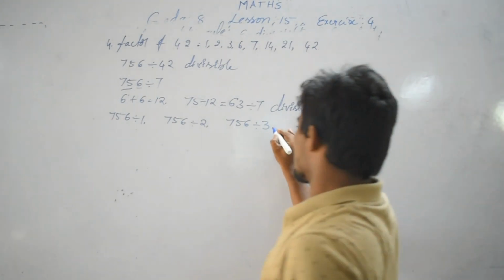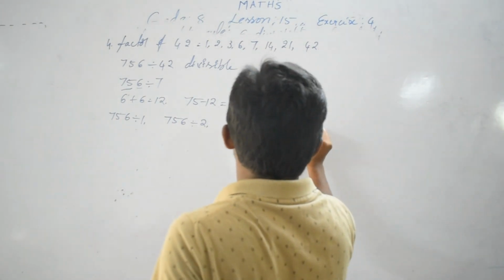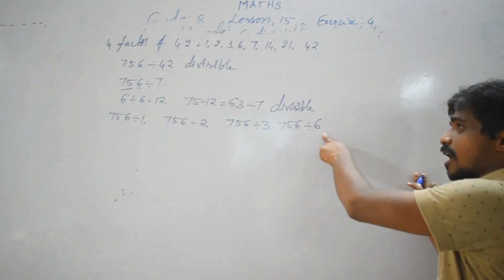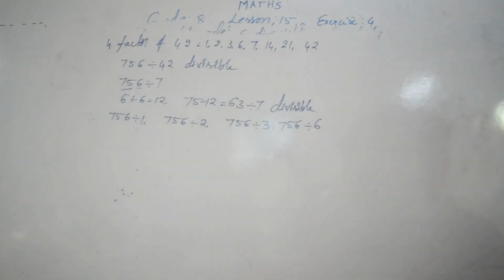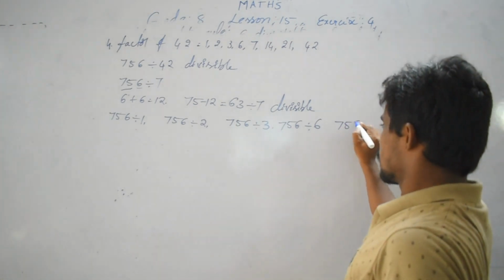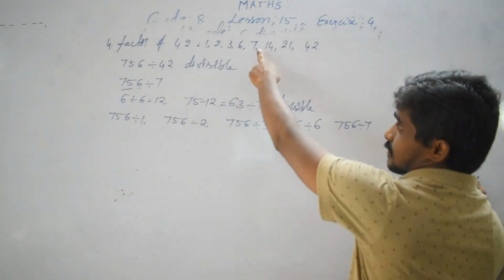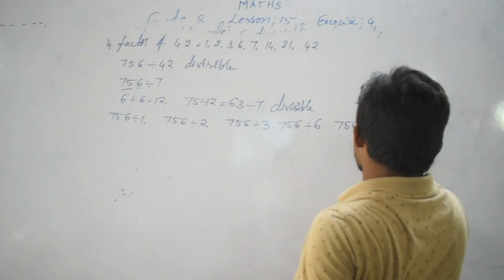Divisible. 756 divisible by 6: 2 divisible, 3 divisible, automatically 6 is also divisible. 756 divisible by 7, divisible. Next one,